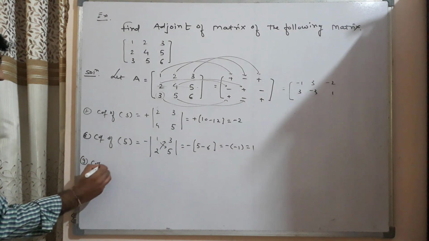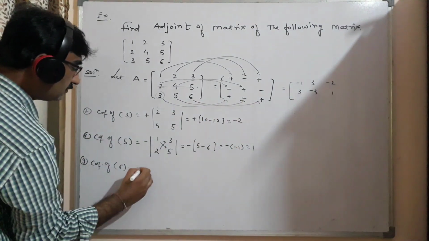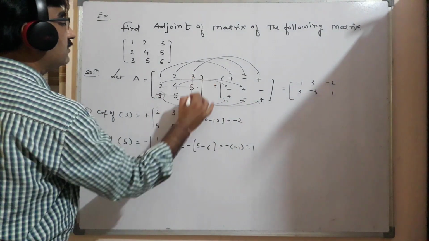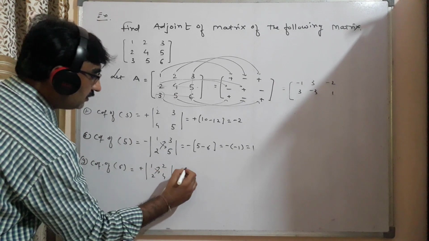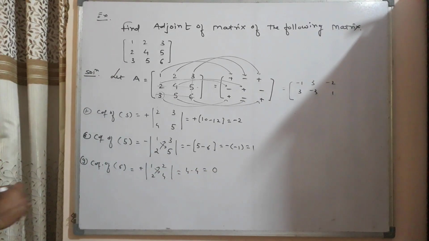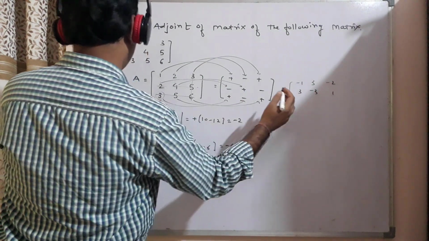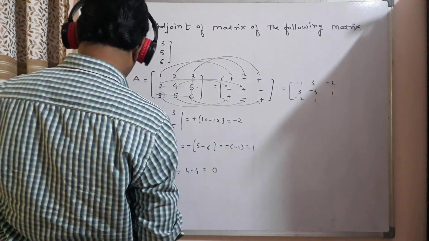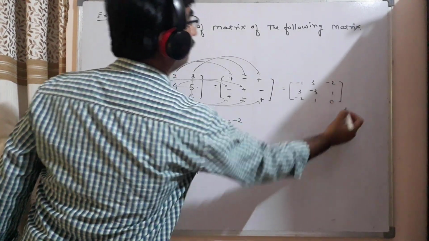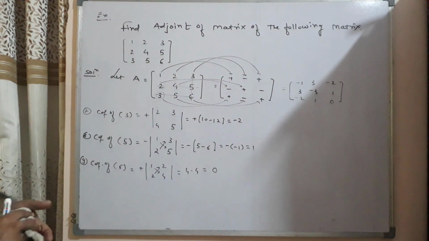And last number is 6. So the sign of 6 is plus. So you drop this row and this column. So 1, 2, 2, 4. Take cross multiplication. 4 minus 4, that is 0. So in such a way, we have to find out the cofactor of each element. So here I write down the cofactors. Now the seventh number is 3 and the cofactor of 3 is -2. Then the cofactor of 5 is 1 and the cofactor of 6 is 0. So in such a way, we get the cofactors of each element.